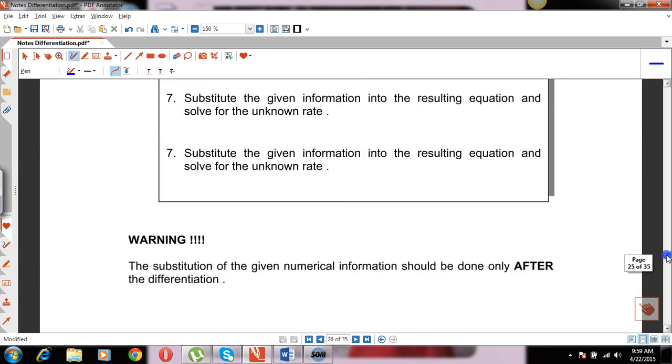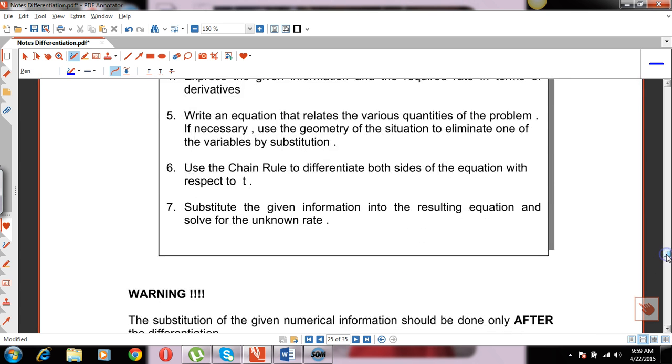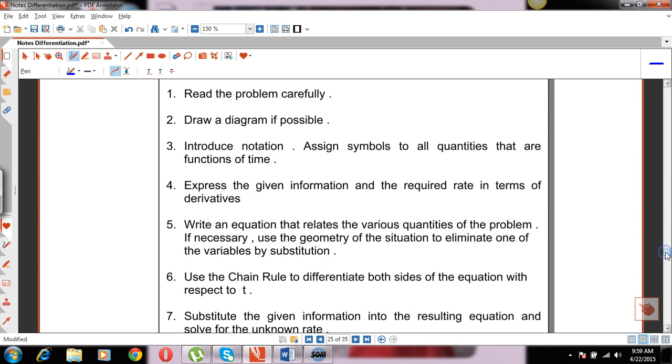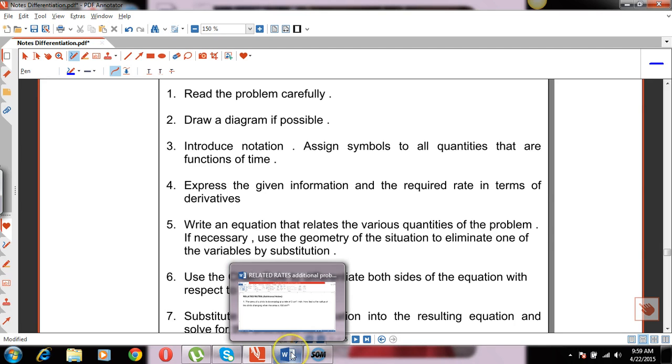Now look at step number 4. We have to express the given information and the required rate in terms of derivatives. We did this before, in the third step. Then write an equation that relates the various quantities of the problem. So the equation or formula that